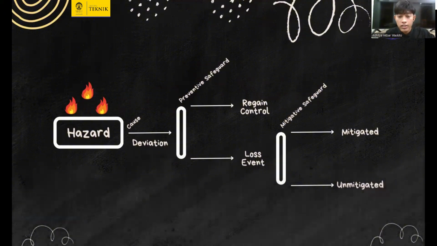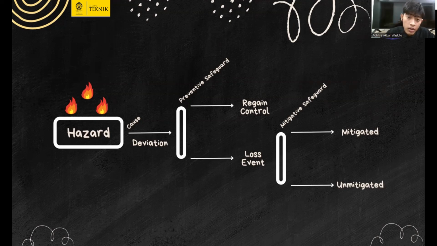On the safety case, we rely on a bow tie diagram, and the bow tie diagram consists of two barriers to prevent the problems, which come from a hazard. It will cause a deviation, penyimpangan. But after that,